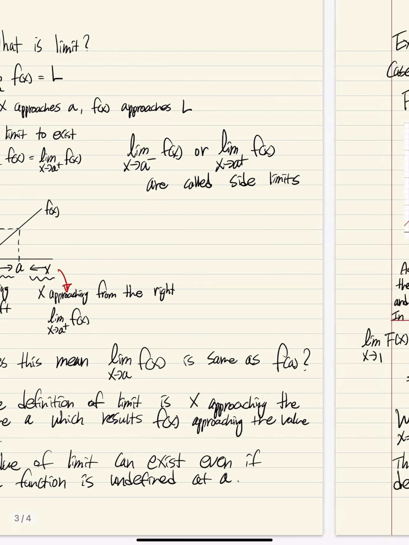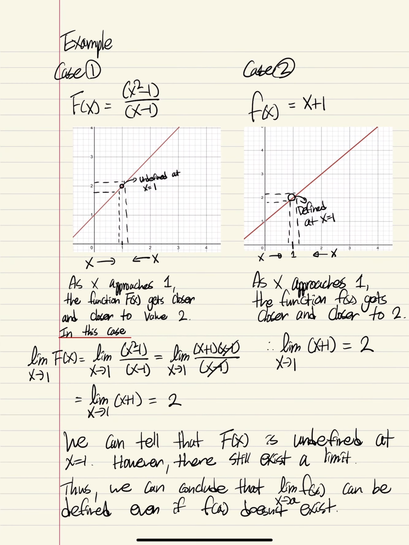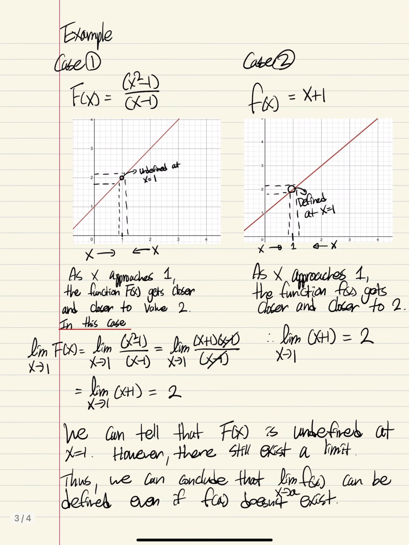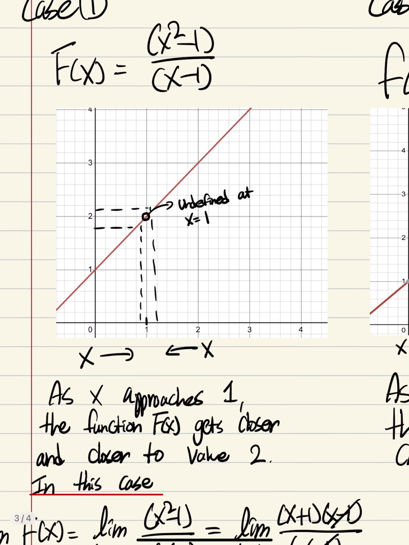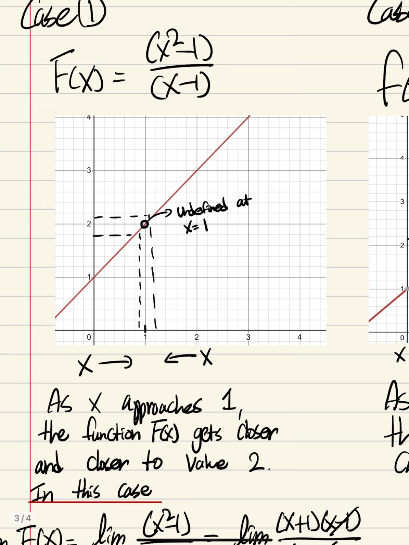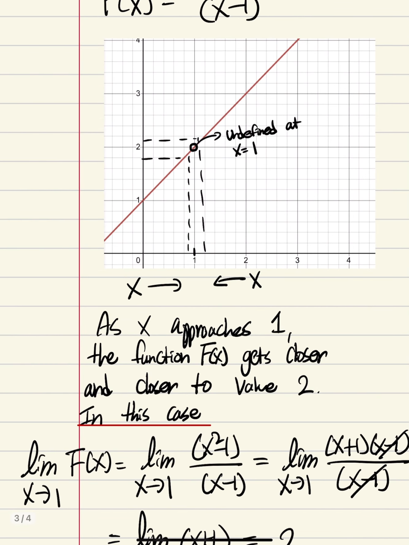Let's get to the examples. Example 1: f(x) equals a fraction, and this is the linear one. They're almost exactly the same except for case number 1, there's a hole at x equals 1. If you look at this example, as x approaches 1, the function f(x) gets closer and closer to the value 2. So we can say in this case, the limit as x approaches 1 of f(x) is